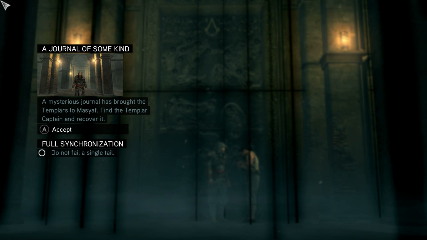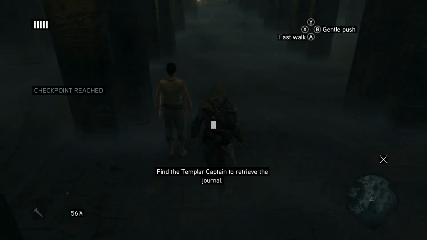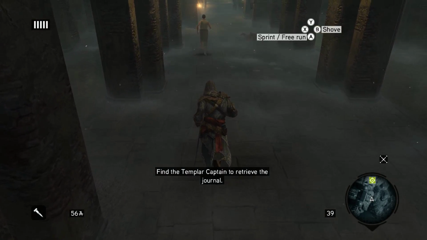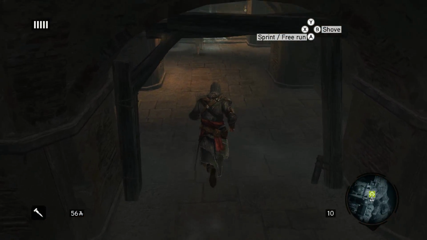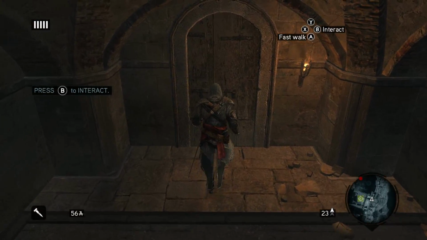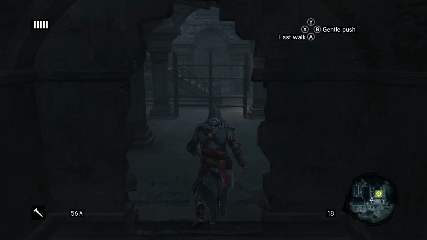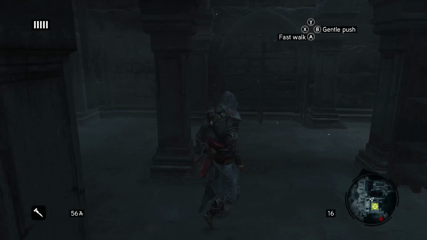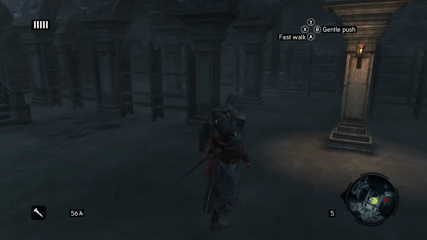So now we've got to tail some people, which is not something we particularly want to do too much of, and not something that they've been focusing too much on in Assassin's Creed games. Let's see. Here we have our little spin of a beginning of a mission. I assume that was a checkpoint and not the opportunity to start some kind of side mission that I missed. Here we are, and